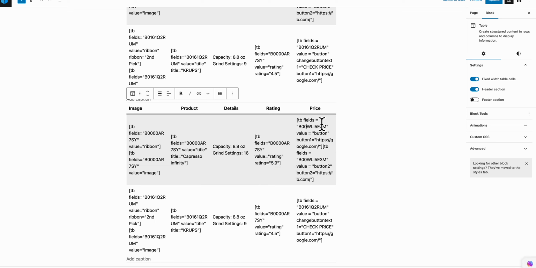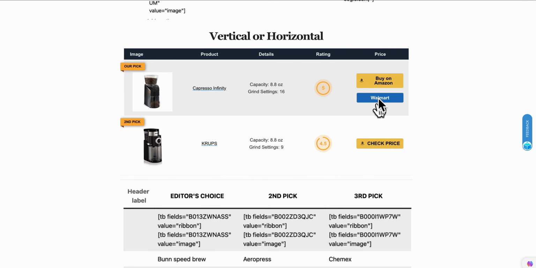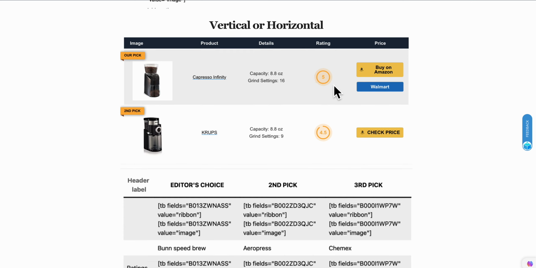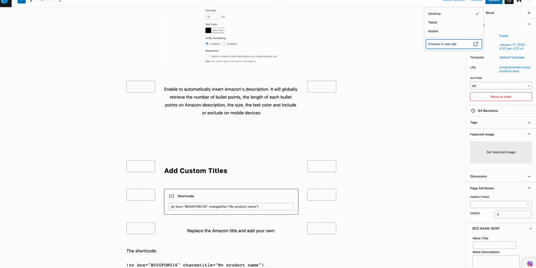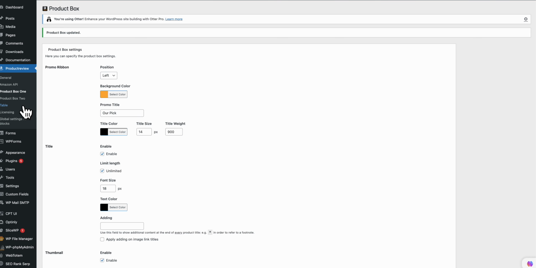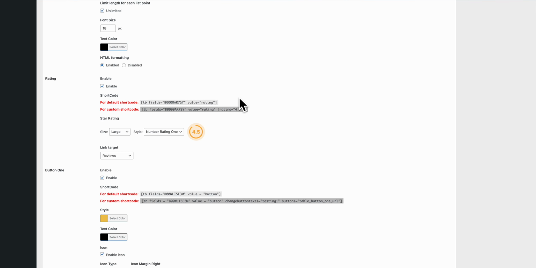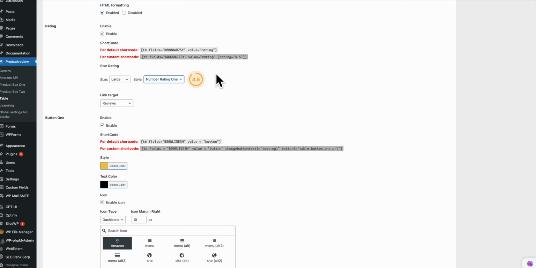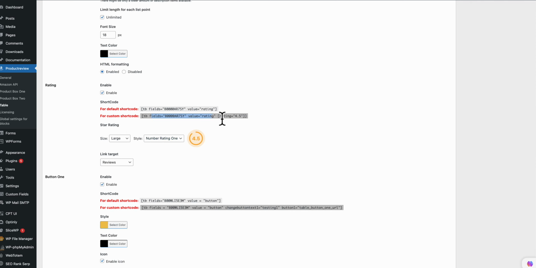Could do button, 2 buttons, 1 button. Here, 1 button, 2 button, 1 button. Again, you could change the padding, font size, and then you have the different rating. The table, you could use this one. Let me show. Yeah, rating number 1 compared to that one, and hopefully we'll add a little bit more, and then all the